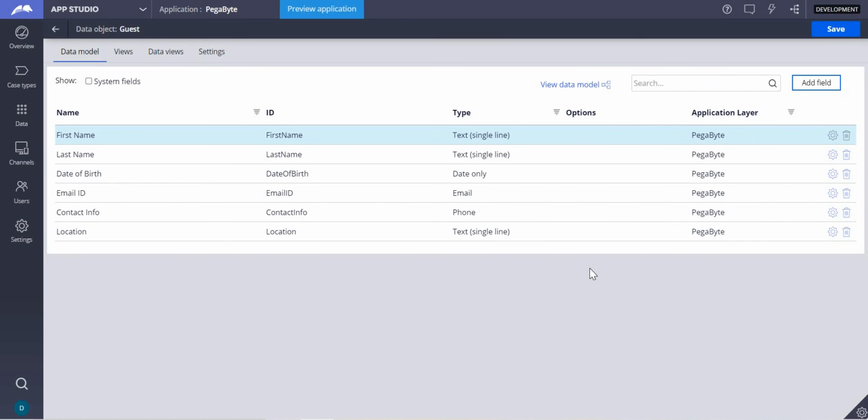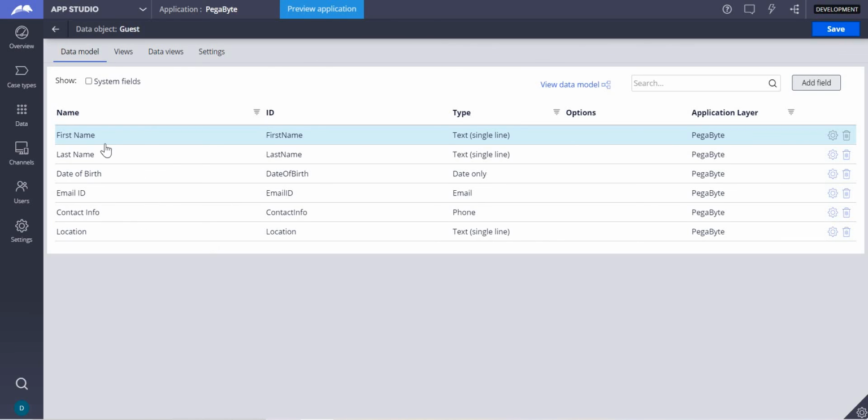You can also ask for proof, I mean address proof or identity proof. You can even add that, and we will see that later. Let me first save this into the guest and save it. So this is how you add the data model into your data type, the guest.